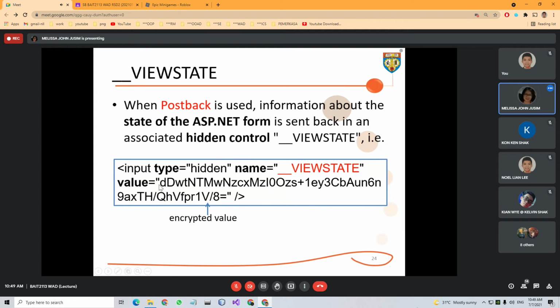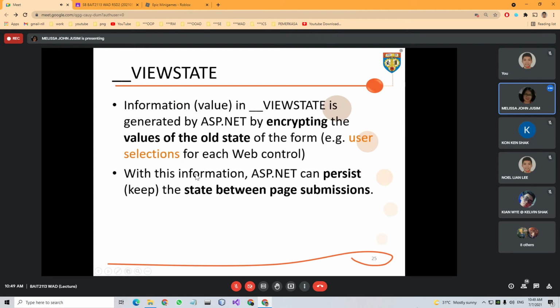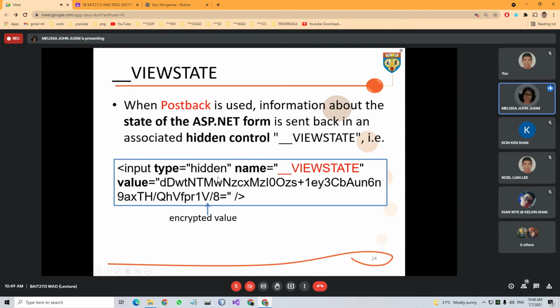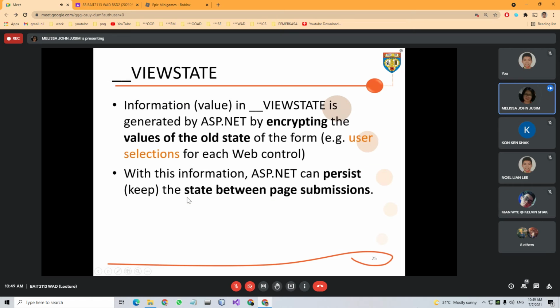Which control? The double underscore view state. We will not be able to see this because it's hidden. The information or value in the view state, which we are referring to here, is generated by ASP.NET. This is done by the server by encrypting the values of the old state of the form, including the user selection, what they type in the text box, and so on.